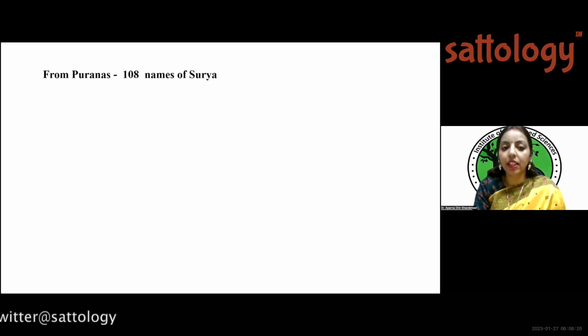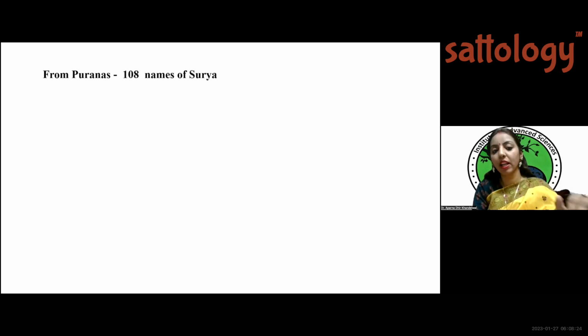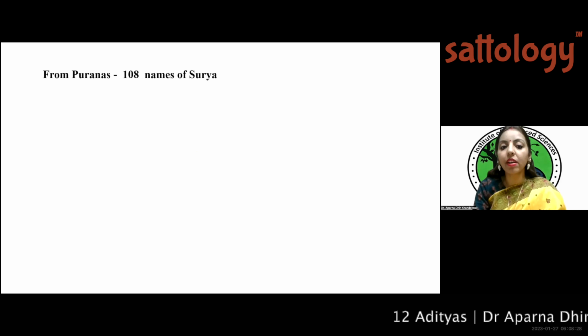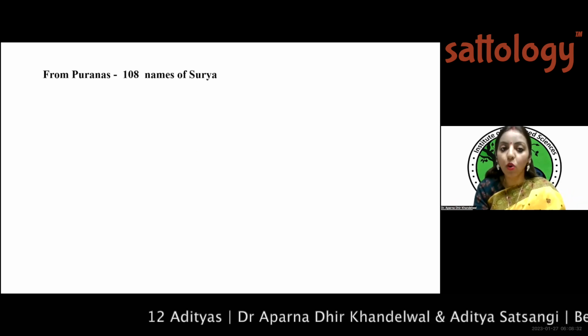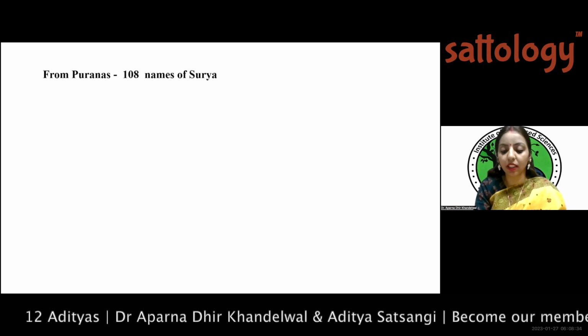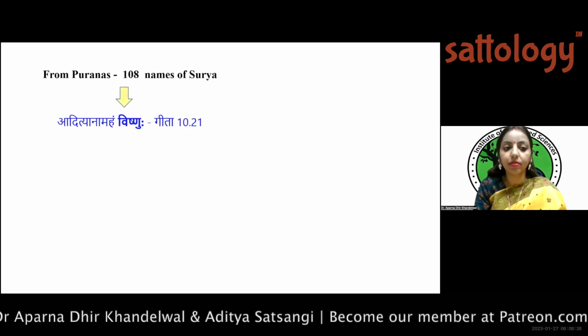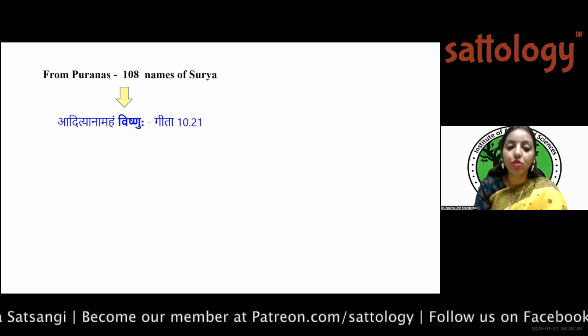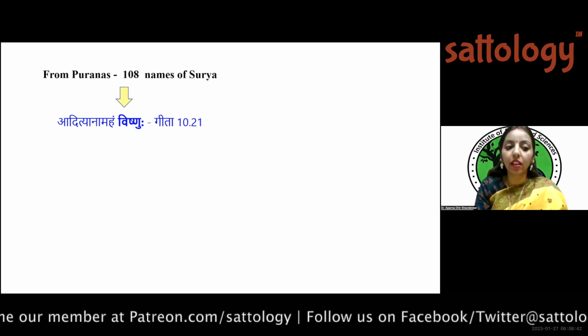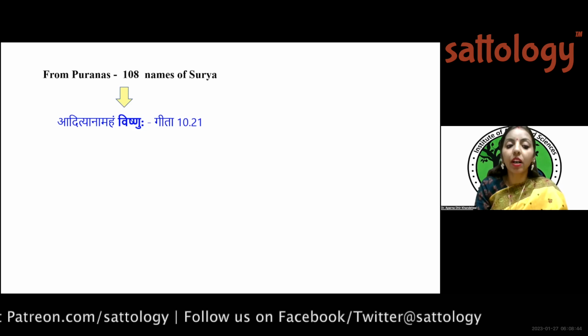But as I have said, Adityas basically is the name for the 12 months. But when we are talking about Surya, तो जो नाम है 12 मासों को 12 आदित्य कहा गया, लेकिन सूर्य जो है वो 108 उनके नाम हो सकते हैं, वो अलग बात है। तो यहाँ पर हमें फिर से याद आता है कि we just refer to गीता, आदित्यानाम अहं विष्णुः।